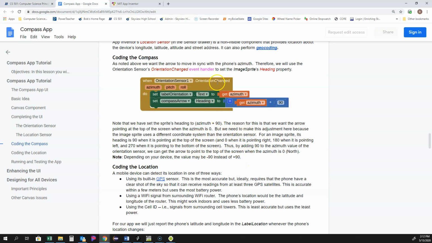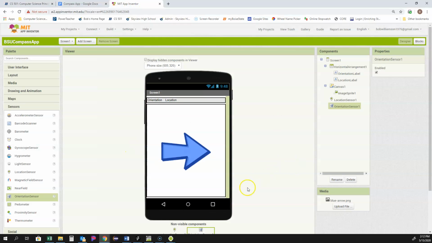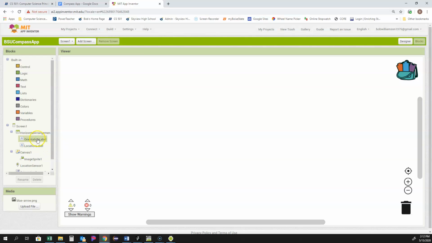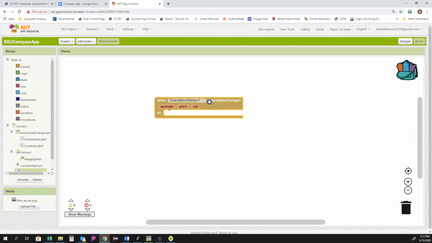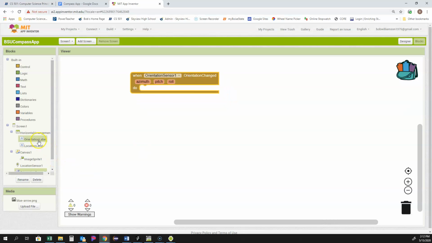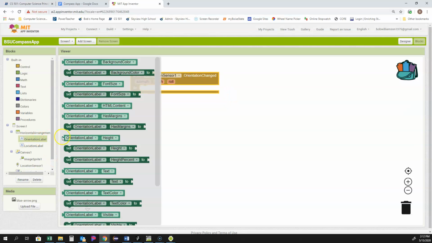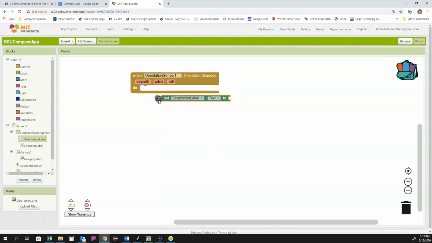So let's do this right here. Going back in here, we have our non-visible components. I'm going into my blocks editor, going into my orientation sensor. And when it is changed, we need to change our orientation labels output. So it's text. We're going to set the orientation labels text